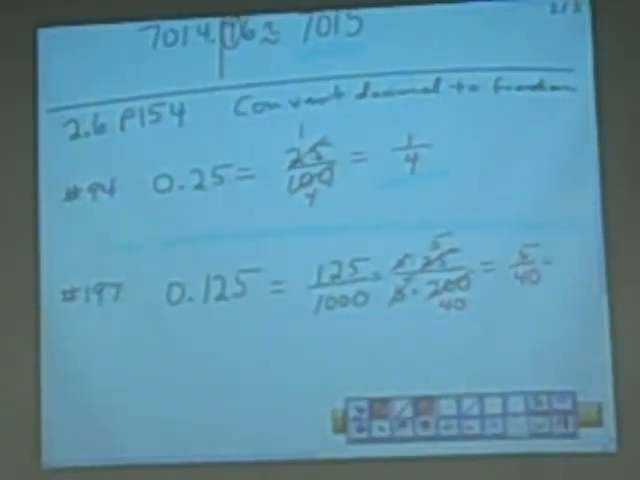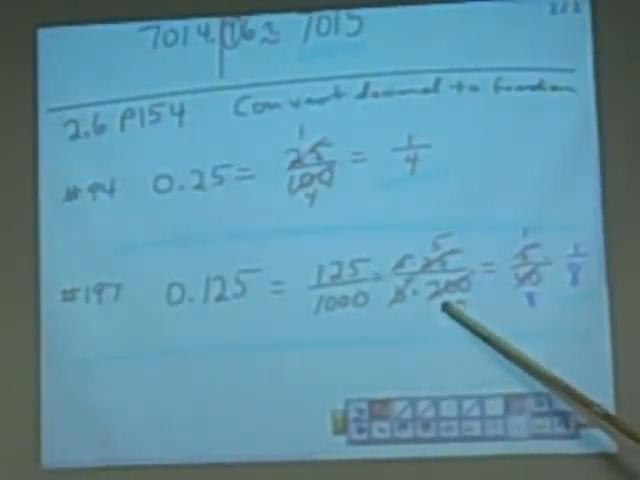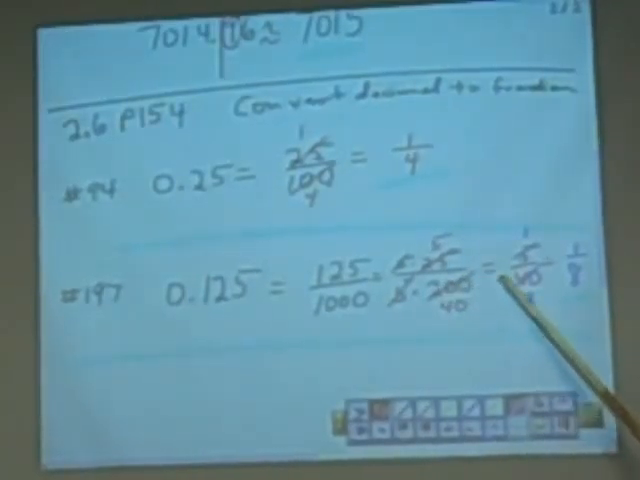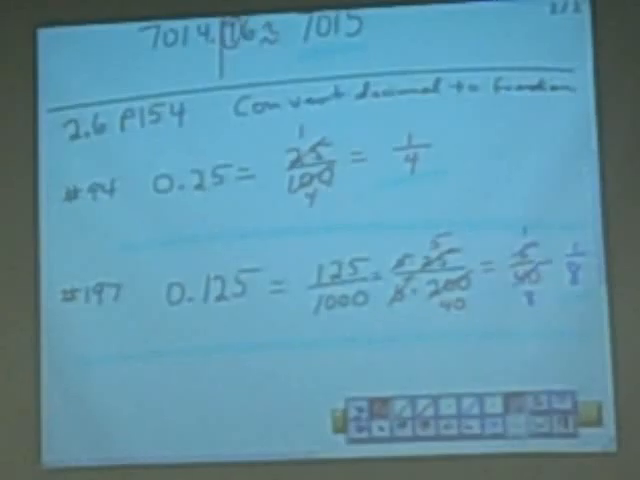Can we reduce it again? Yeah. Yeah, 5 can go into 40. How many? 8. 8. 5 goes in itself once, so that's 1 over 8. Okay? So there's a couple of different ways you could reduce that. That's just one of them. Okay? But if it looks like you have something that can go into both, you have to keep reducing it until it's down to what we